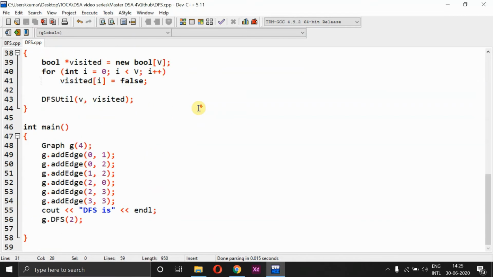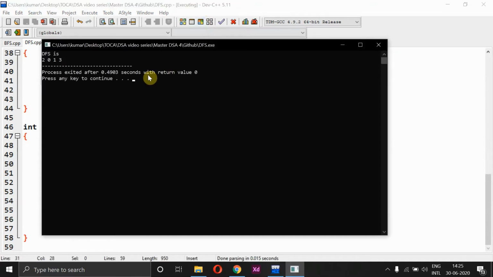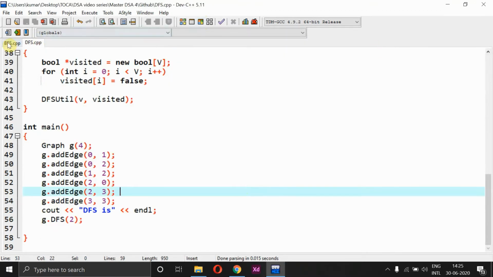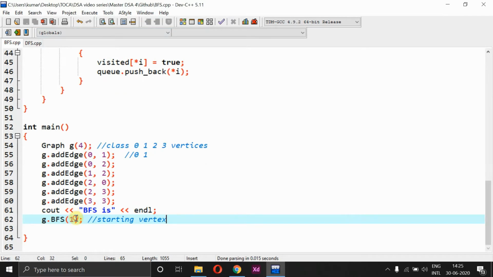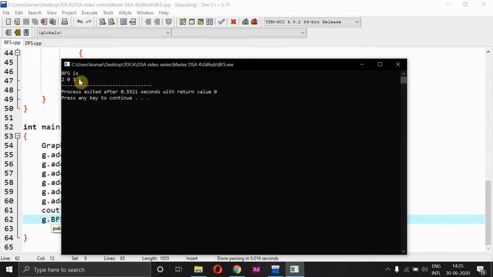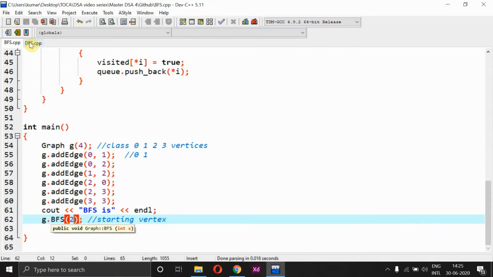So the same kind of inputs which we fed for the BFS algorithm were fed here, and now if I execute it, you can see the output is 2, 0, 1 and 3. Similar to this, let's try once here and check with 2. So I got 2, 0, 1 and 3 over there. Let's check what output we are getting here. Here we are getting 2, 0, 3 and 1. So there we got 2, 0, 1, and at last it is supposed to be 3.